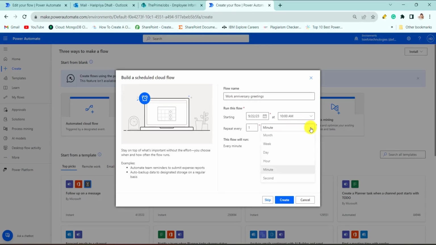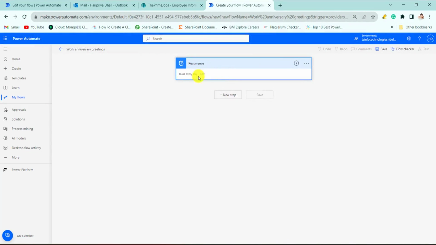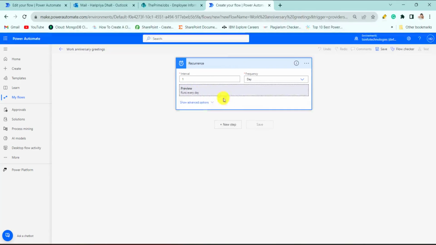For me, it will repeat every day and it will check the SharePoint list items. So the frequency is that it will repeat every day. Then click on the create button. So now you can see it will run every day. By clicking on edit, you can also change your frequency. You can run it every day or every month or every week or every hour, every minute or every second